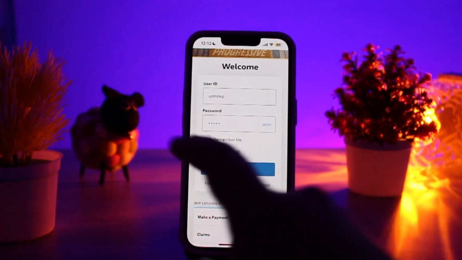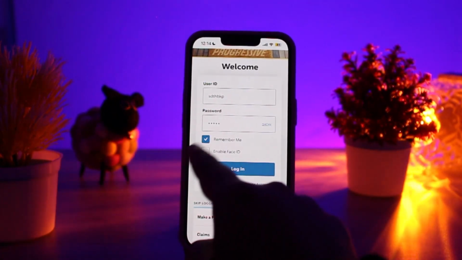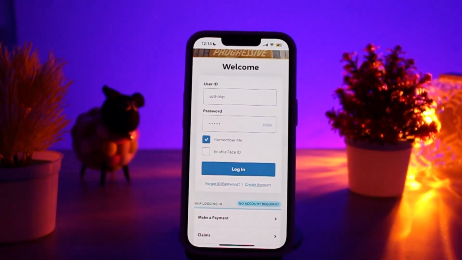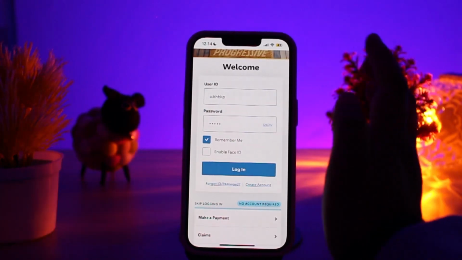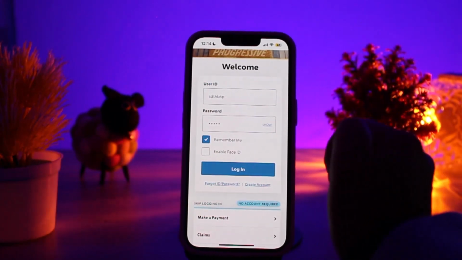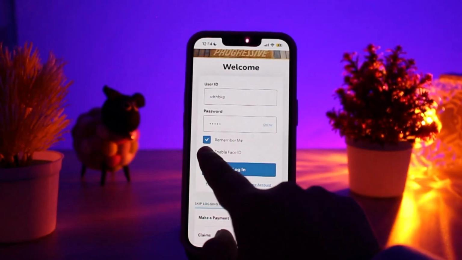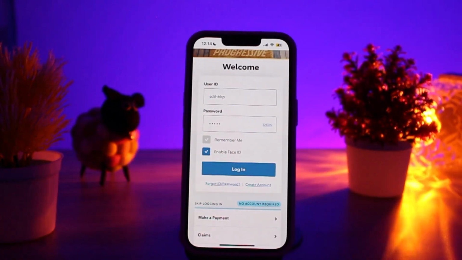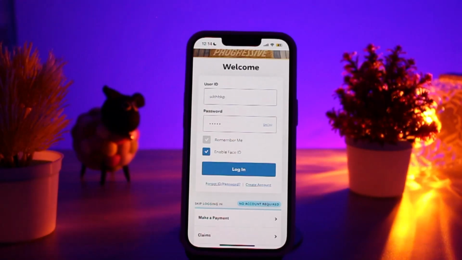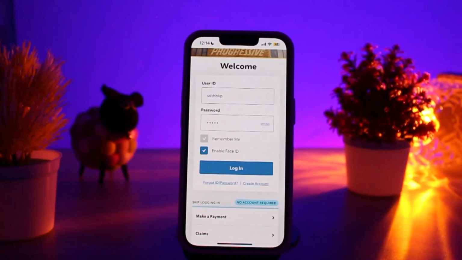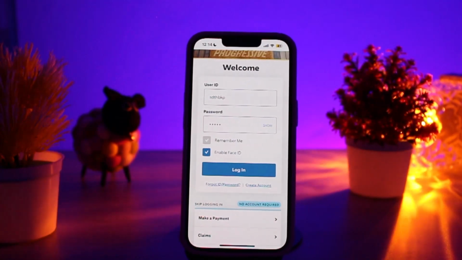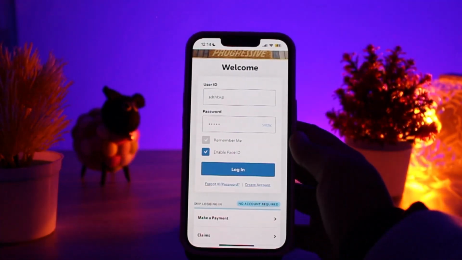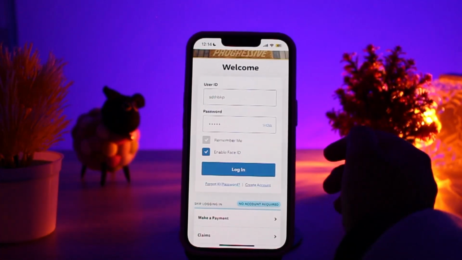You can also tap on the option remember me. If you tap on remember me, next time while entering this app, you just open the app with your password only. You don't need to enter all of the user IDs and all. And you can also enable Face ID, which means you can use biometric logins like Face ID and or fingerprints and all. So after completing all this, you just need to tap on the option login and